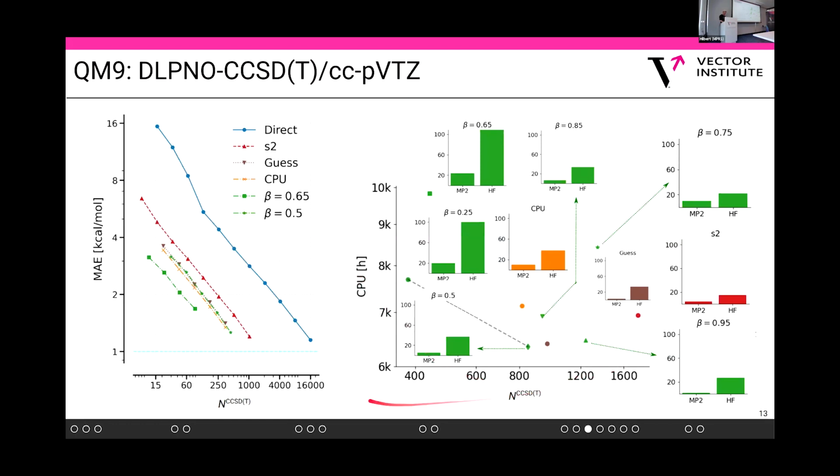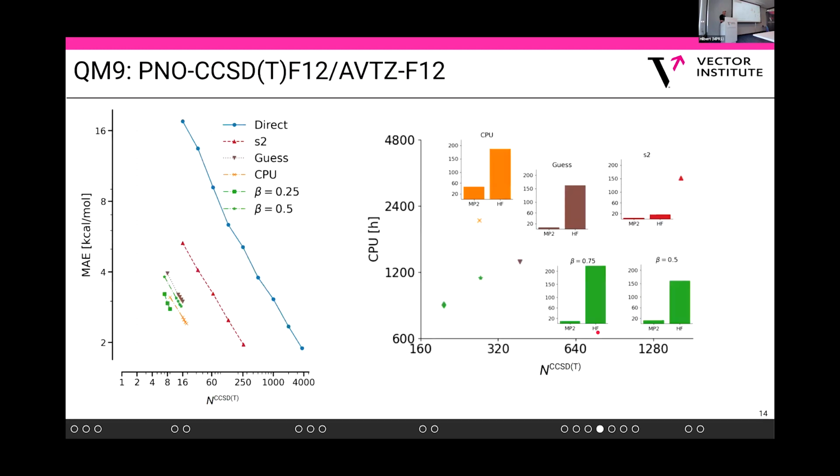So these plots are always at where the model reaches chemical accuracy. And the original one is here on the right. And the next one is the coupled cluster one. So the